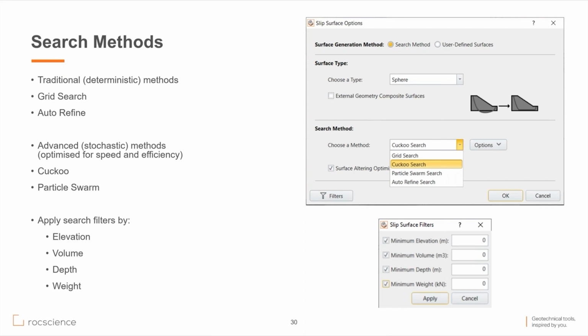Does Slide3 handle imported UAV survey data well? They can be quite large and detailed. Do you need to simplify the topo UAV data before importing? It depends. If you have a high resolution file and you need to retain that resolution for the specific problem that you're modeling, I wouldn't recommend simplifying. But if you have the capacity to reduce some of the resolution in those files, I would do that